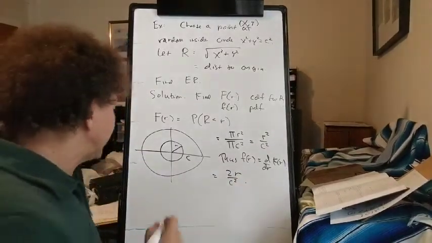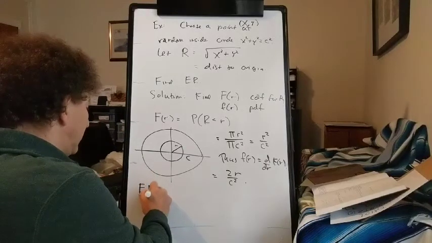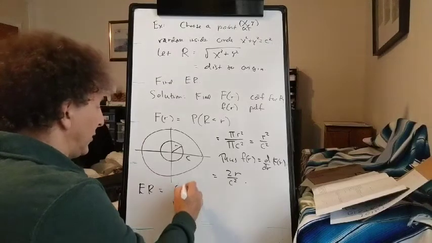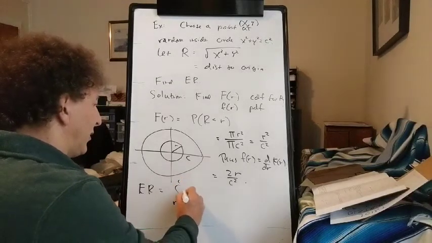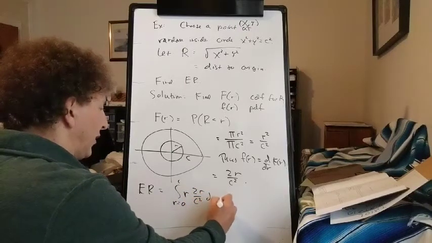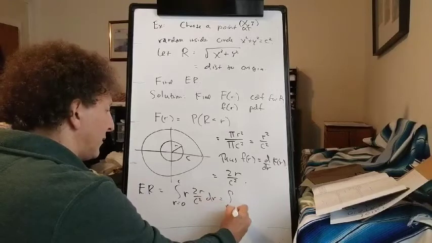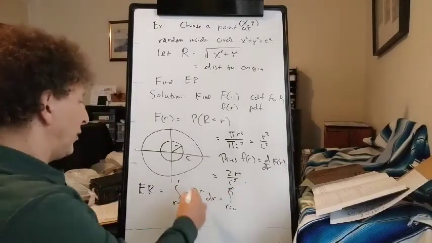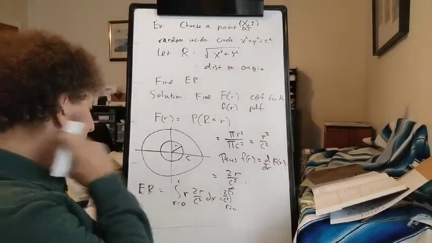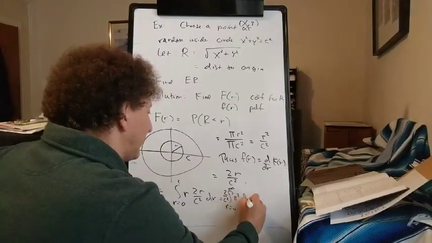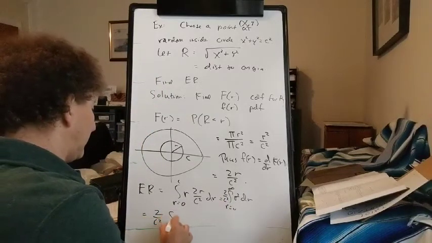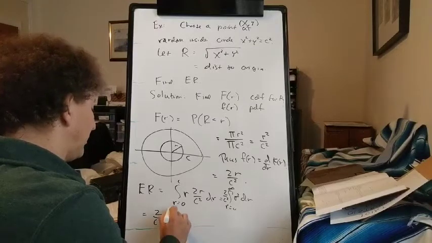So that means we can find the expected value of r by taking the integral as r goes from 0 to c of r times 2r over c squared dr. So let's see, 2 over c squared is just a constant. We can put that on the outside of the integral. And so we're really just integrating r squared dr. So we've got 2 over c squared. The integral as r goes from 0 to c